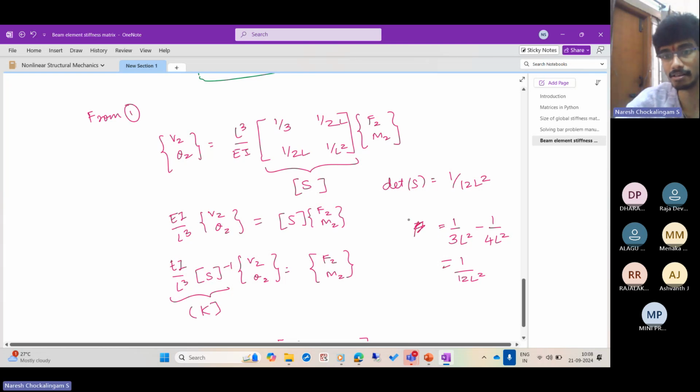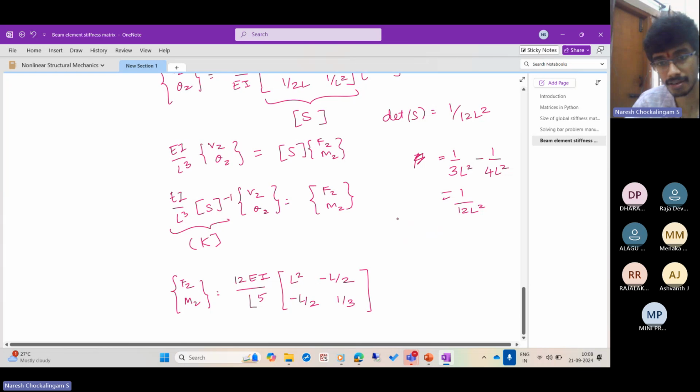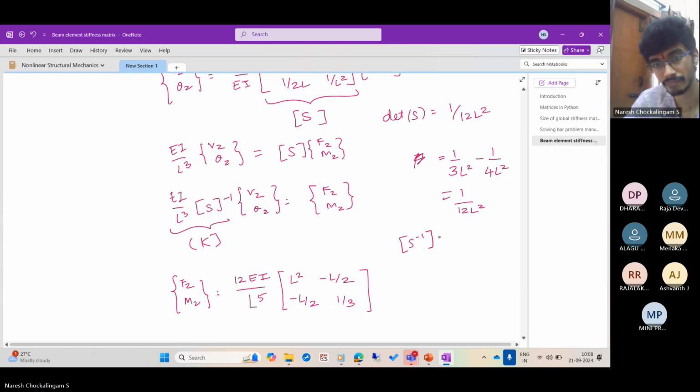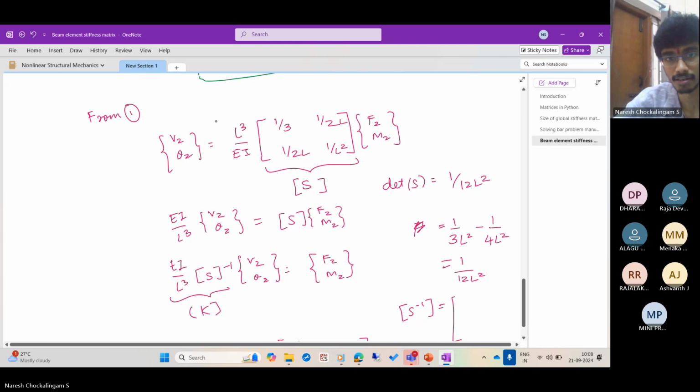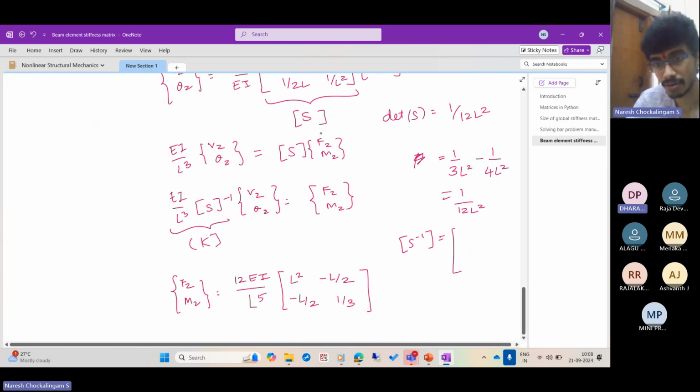This is the determinant. So the inverse is: swap the diagonal entries. 1 by L square, minus 1 by 2L, minus 1 by 2L, and 1 by 3. Perfect. And then we have a 1 by determinant of L, which means you're multiplying this by